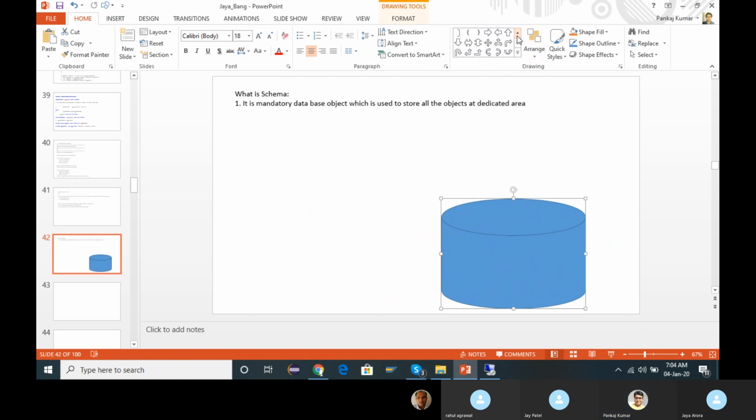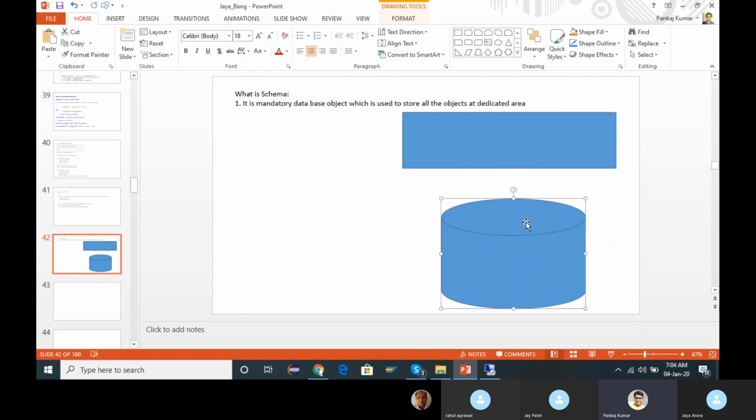This is our application server, and it is connected with your database server. Let's suppose this is your HANA database.